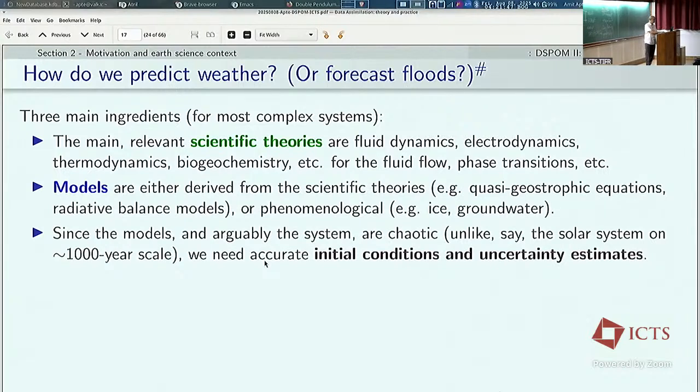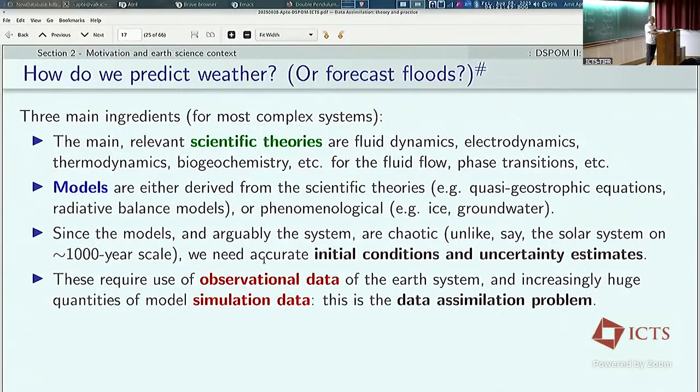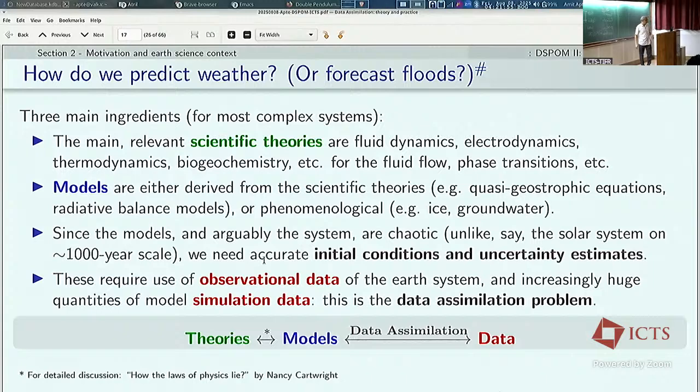And this is where the observational data come into the picture. How many observations you need, what kind of observation data you need, and so on. So data assimilation fits in this space of interactions between models, data, and theories. And the distinction between models and theories is a big topic that I will